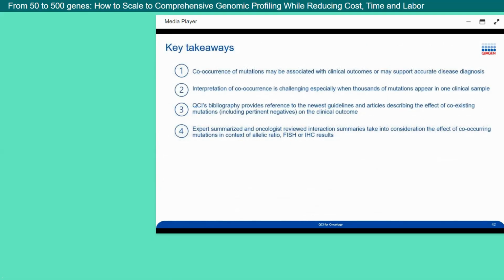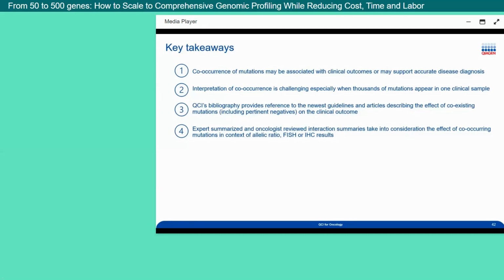So in summary, the co-occurrence of mutations may be associated with clinical outcomes or may support accurate disease diagnosis. The interpretation of co-occurrence is challenging, especially when thousands of mutations appear in one clinical sample. And while I've shown you today only one example, QCI's bibliography provides references to the newest guidelines and articles describing the effect of coexisting mutations, and the expert summaries